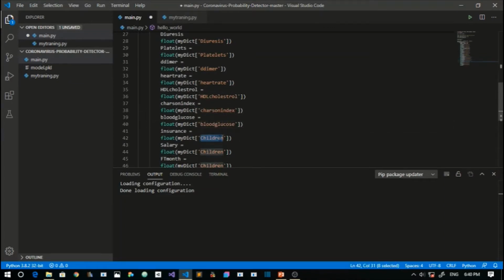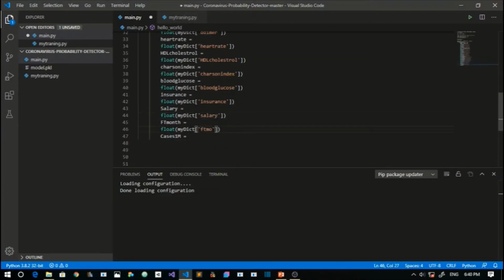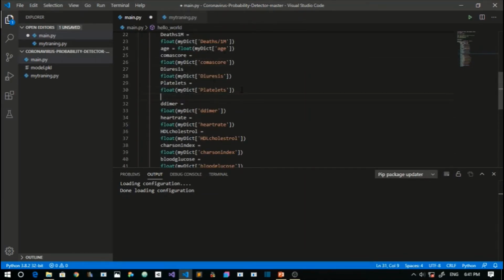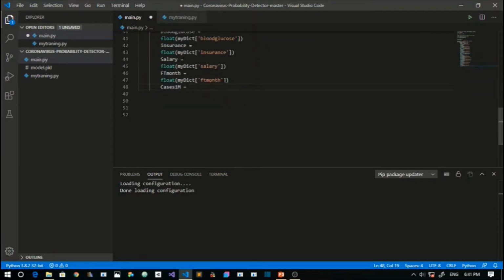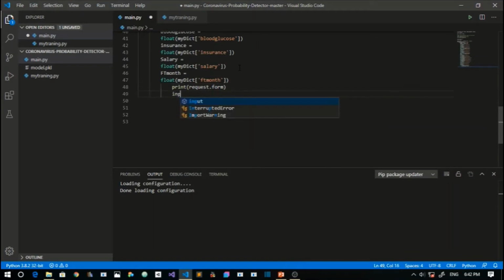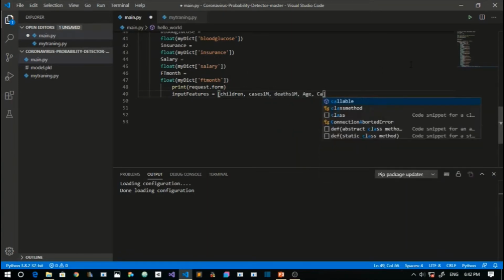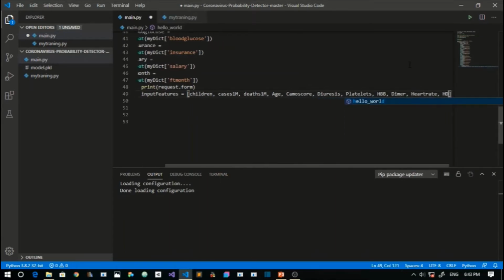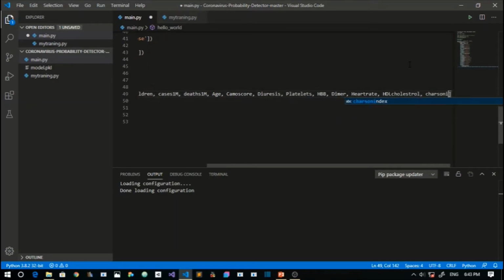If you have any question about this program, you can contact me or you can write in the comment section. I will be ready to help you. Now I have found this in one of the websites that I have searched, how to recognize whether a person has coronavirus or not. From that information I have made this program to make the lives of most people easier. They can give the inputs and see their results, and they can take precaution. Actually this is very helpful for most of us if this works